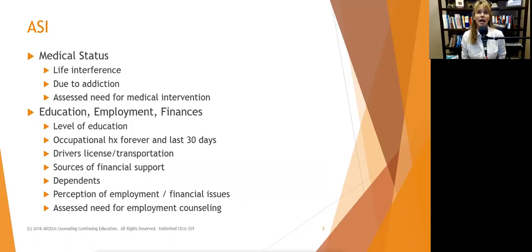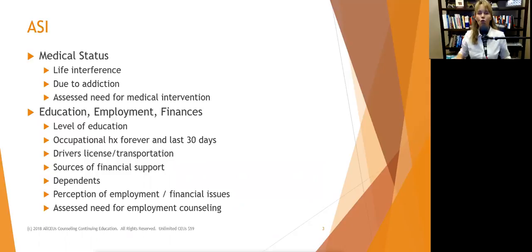So anyway, the next section that it looks at is education, employment, and finances. So it's kind of lumping all this stuff together, but okay. So what's the person's level of education? That's really going to help us in determining what kind of employment we can steer them to, or what kind of employment they might be able to get, which will affect what kind of housing they might be able to get, which is going to affect a lot of things. But it can also indicate if they need to go back for training, or if they want to go back for training. And some people just don't want to. They didn't like school the first time around. They certainly don't want to go back.